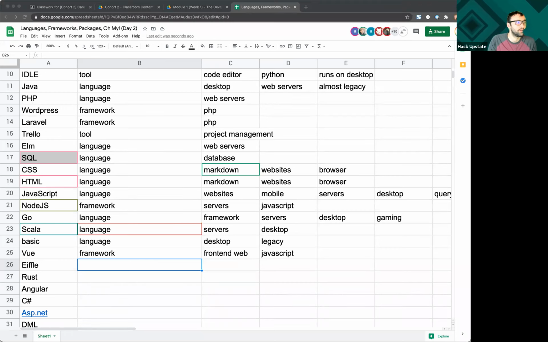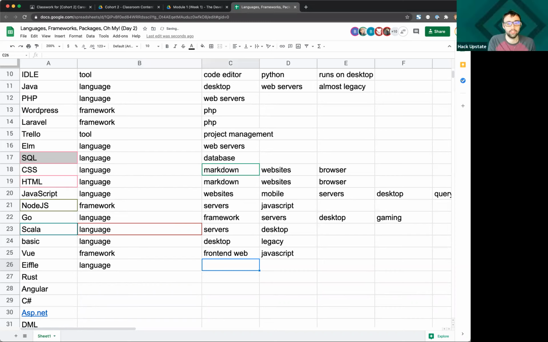Eiffel. Sorry, I had to look this one up. It appears to be a language. It appears to be primarily desktop focused.